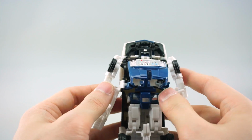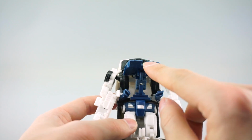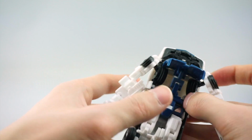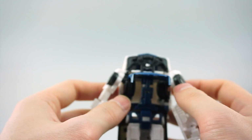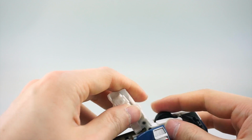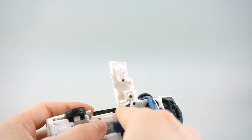So once we are here, you're going to want to lift up the chest piece, rotate these blue pieces all the way in to the main body, as far as you can, just getting tucked out the way. And we're gonna push on the fake wheels to rotate the arms in. And this, we're gonna have some clearance issues here. You're gonna get this tab kind of slotted in here,